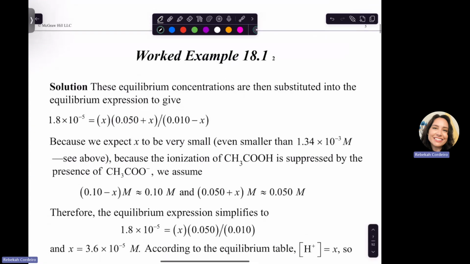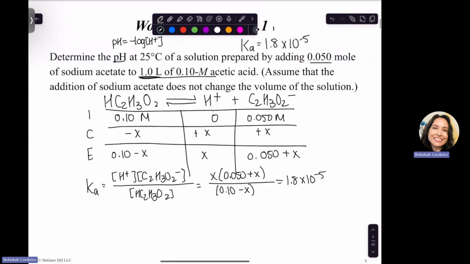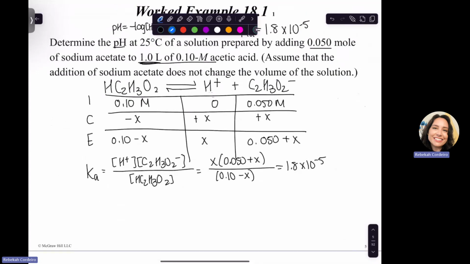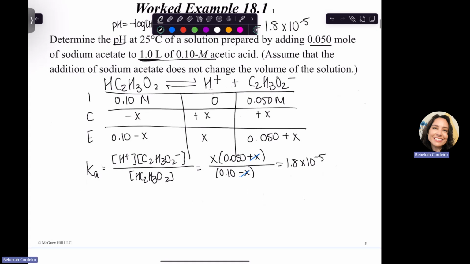So we can assume that x is small because K is really small. And if for some reason we can't, we'll check it at the end and just see, hey, it was really small. When you're checking that x is small, you need to make sure that it is within 5% of the smaller initial. So let's just assume x is small here. When you're doing x is small, you need to actually cross out the x's in your work. So what I'll get